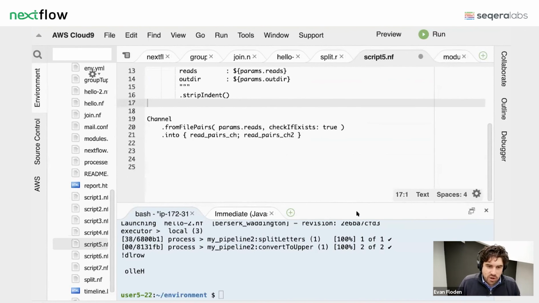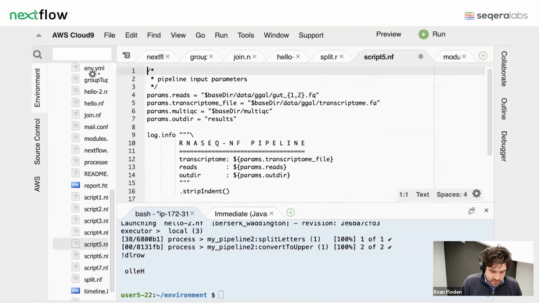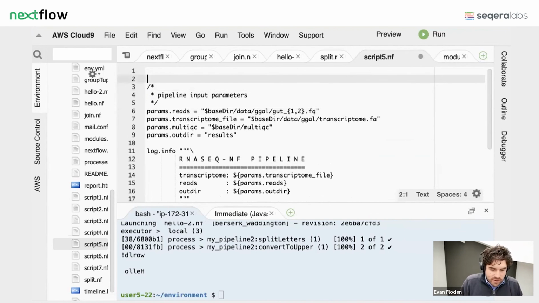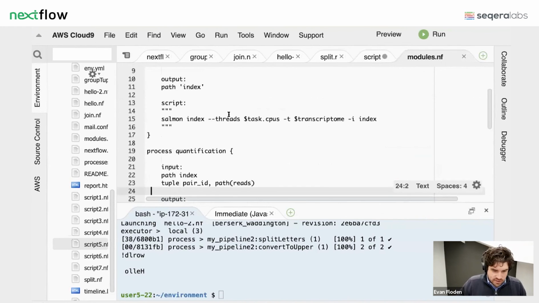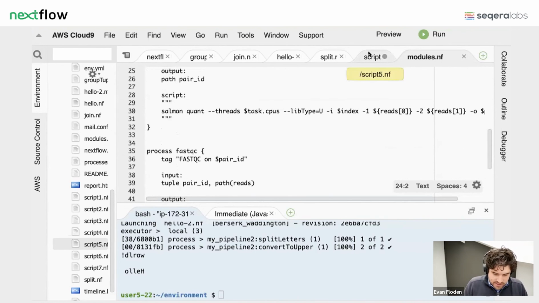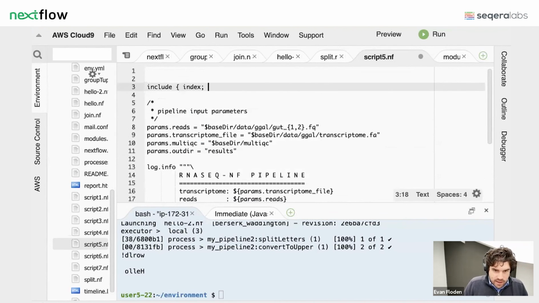So we can say, include our modules here. You can do this at the top, you can do this wherever. It really depends on how you want to do this. And we're going to say include, and we can define the names of the processes themselves. So in our case, we have index, quantification, and FastQC. So we want to say include index, quantification, and FastQC